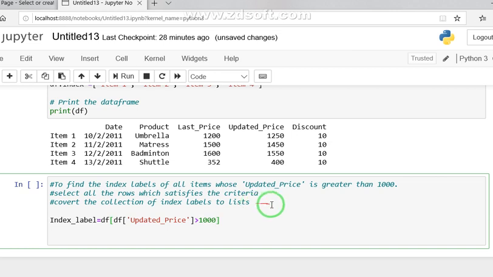Then close the square bracket, then dot index, dot tolist. We used the tolist function on the index to convert this to a list. Clear? First I have applied a query here, that the updated price should be greater than 1000, and then whatever this data frame gives is converted into a corresponding list. I have already labeled this in the comment part.